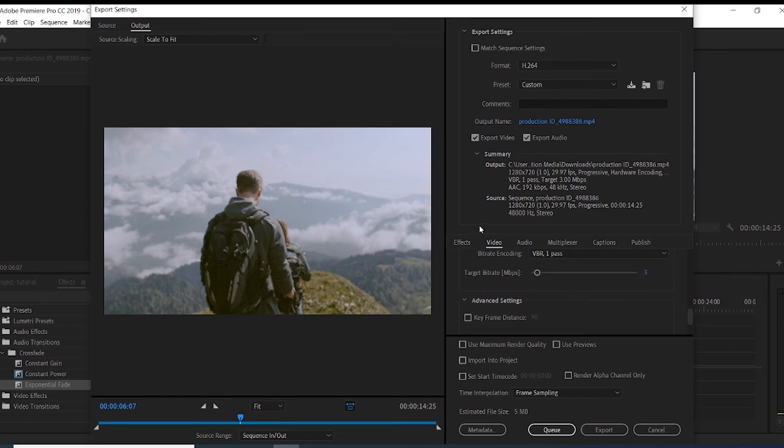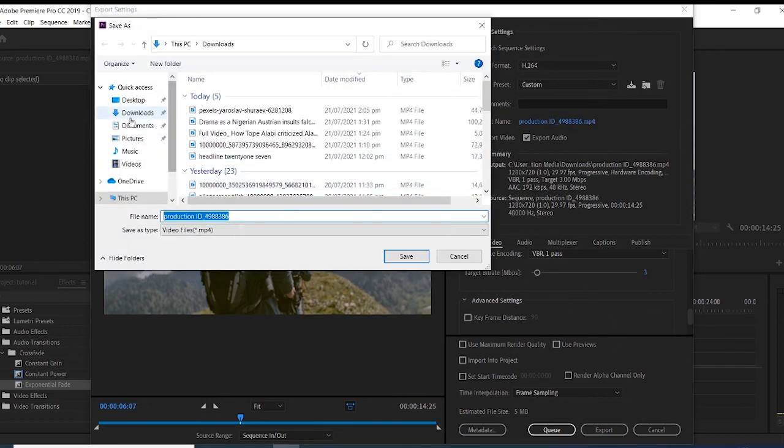Just put it on 3 and then give it an output name. Then you have to choose where you want your video to be saved. If you don't choose where you want it to save, and you don't rename it, it's going to save under your Documents, inside your Adobe setup, inside your Premiere Pro, whatever it is, and that's where it's going to save. And it might even be hard for you to find it, but you should actually change the name,